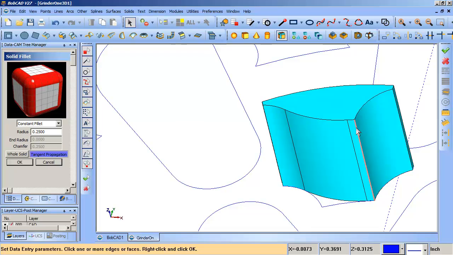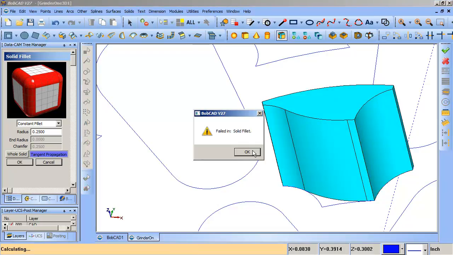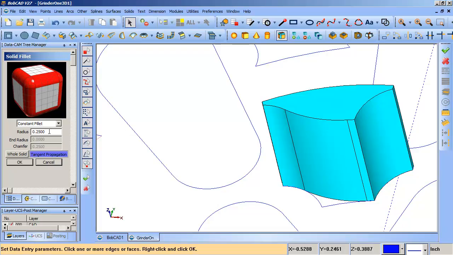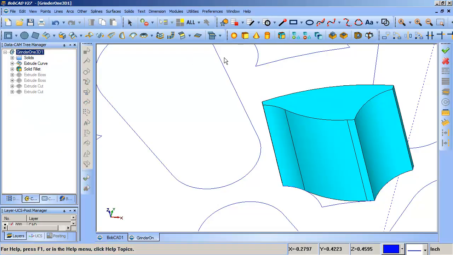And same thing here though, if I try to go 0.025 now, it'll probably fail because it's got to cross over these seams and eat up entire surfaces in it, right? The only thing I'll be able to do now is go back down to whatever fillet will fit in that little area there. So anyway, it's just a general modeling rule